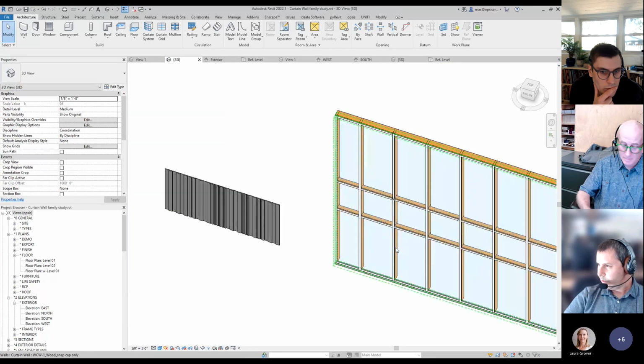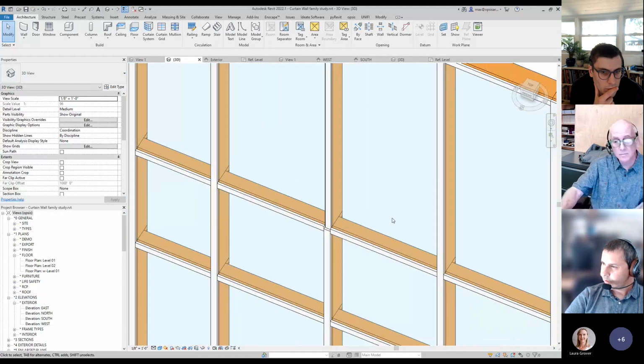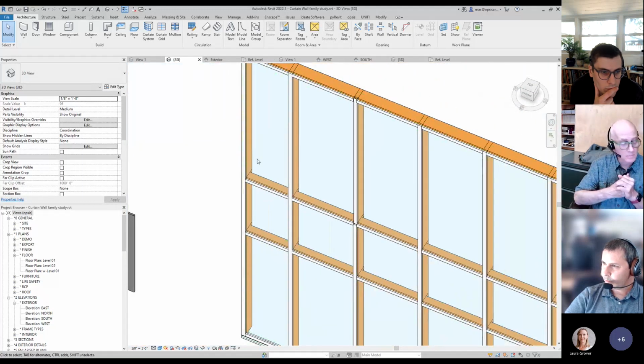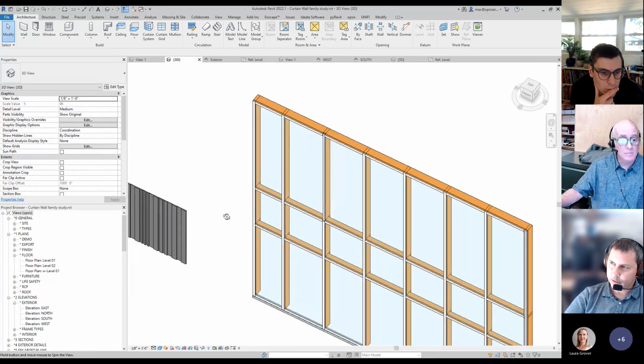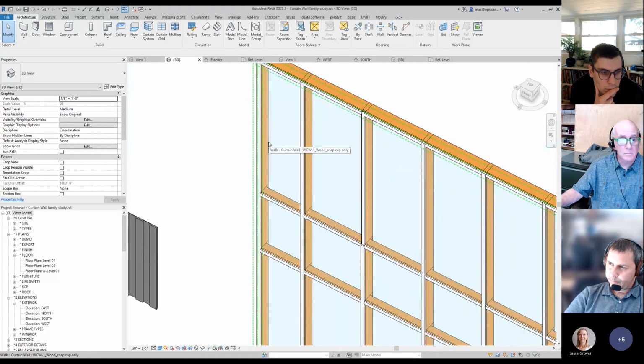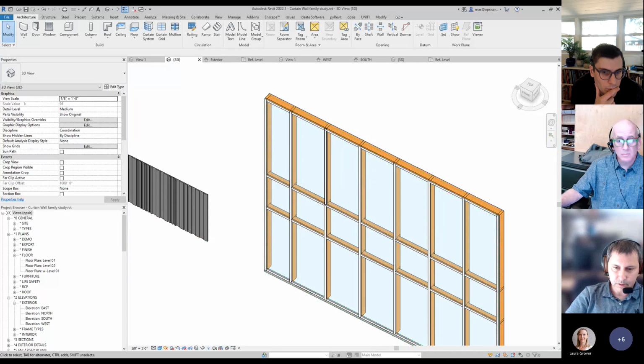So I think that sort of covers most of what we wanted to talk about. I think next time we'll deep dive into materials and things like that for families, but maybe we won't get too deep into that now. I'll show another kind of handy way to use